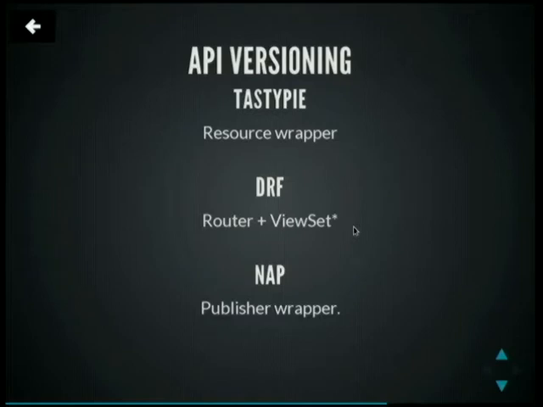API versioning is something that actually Django REST Framework kind of sidestepped. They took an interesting approach to it. Nap and TastyPie let you take a bunch of resource definitions, or publishers as they are in Nap, and collect them together into a container that will just say, I'm version 1. And when your interfaces change, you write new resources and tie them together into a new API and say, publish that as version 2. Really all it is is a way of collecting them together and putting a prefix on their URL. But again, because we've got URL patterns and URL names and so on, you can use that to reverse them and go, okay, I want that version of the API, I want that method on it,